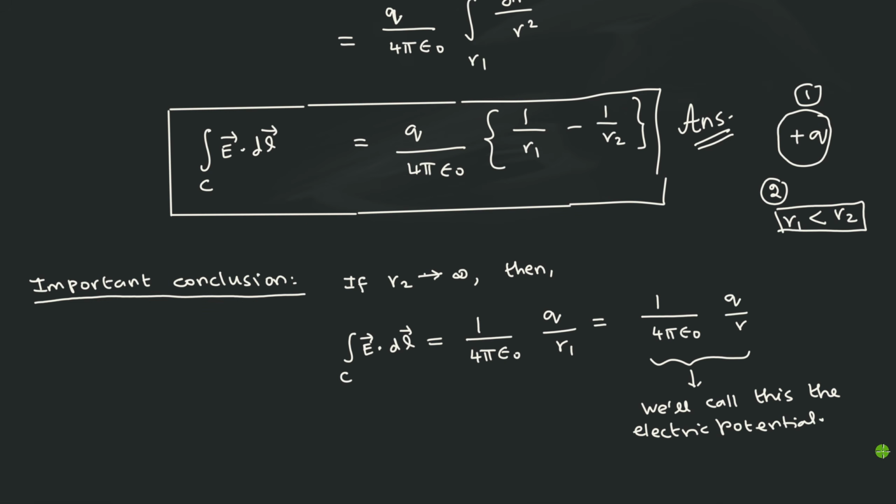If these two things are valid, if you maintain conditions 1 and 2, then only this expression comes. If you reverse the size of the circles, for example, or change the plus q to minus q, then there will be a change of signs. All the pluses will become minus, and minus will become plus. That is why I want to make sure that certain things are important in understanding these things.